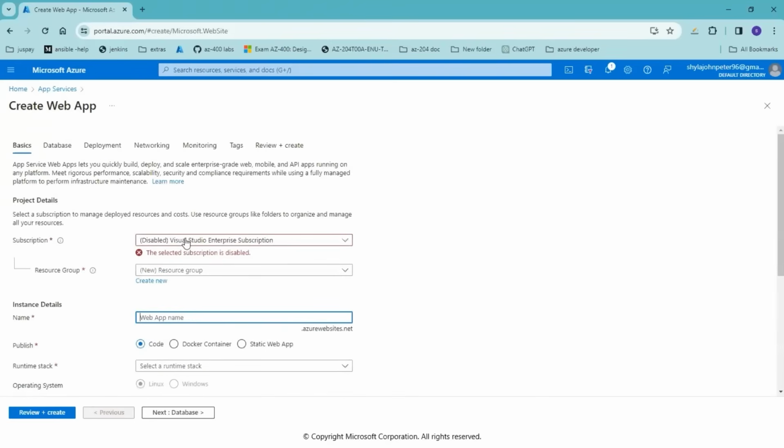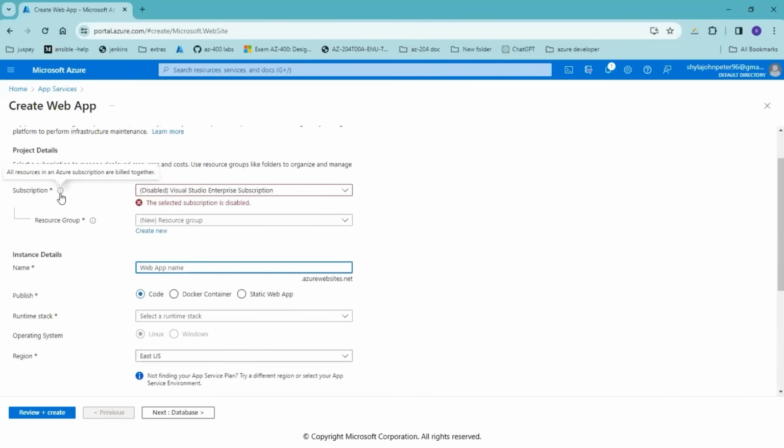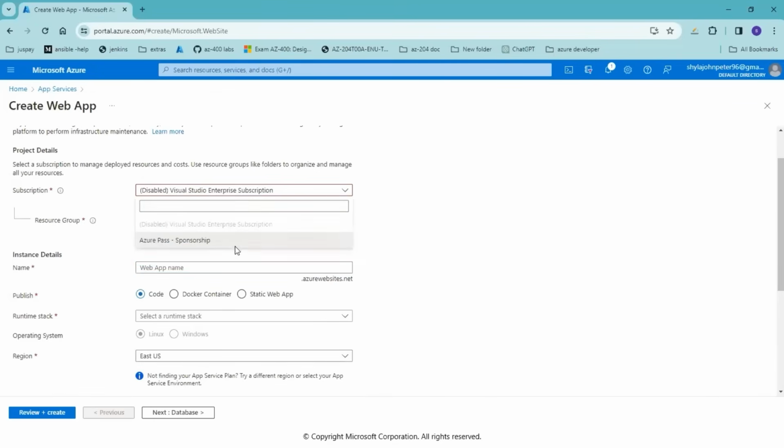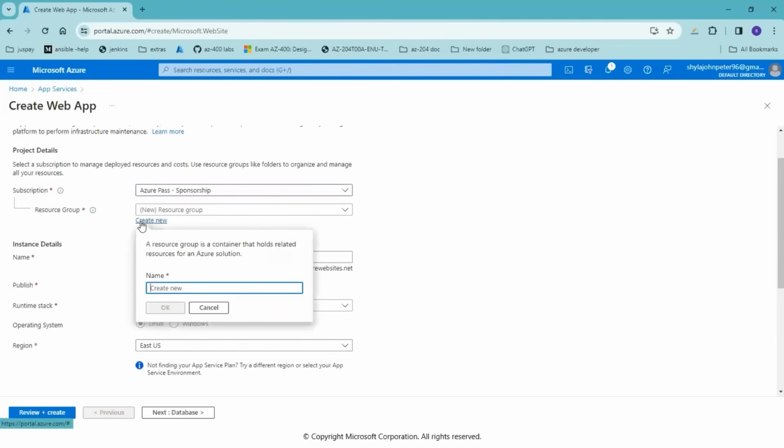Now you see that to set up a web app, you have different sections here. All the ones marked with a star or hashtag are important for you to configure. You can choose your subscription. You can choose a resource group.